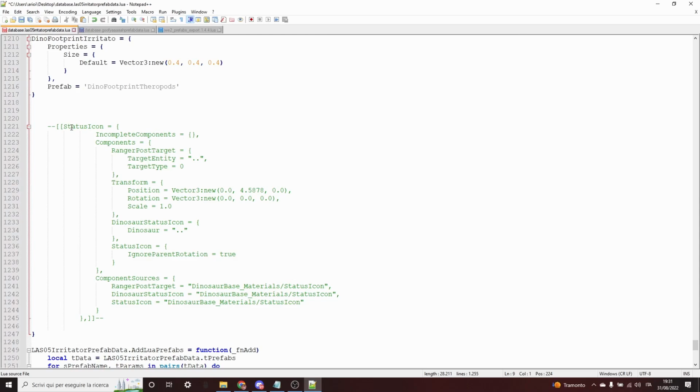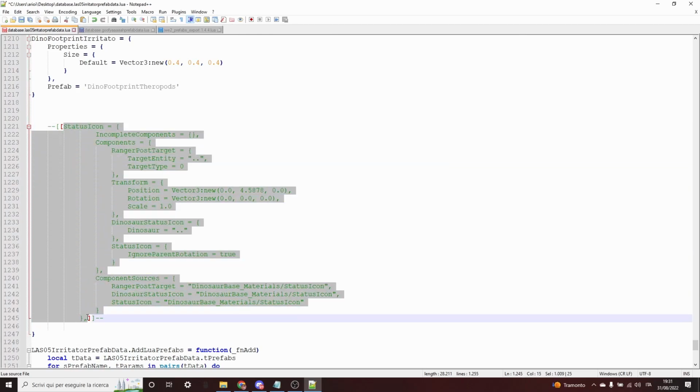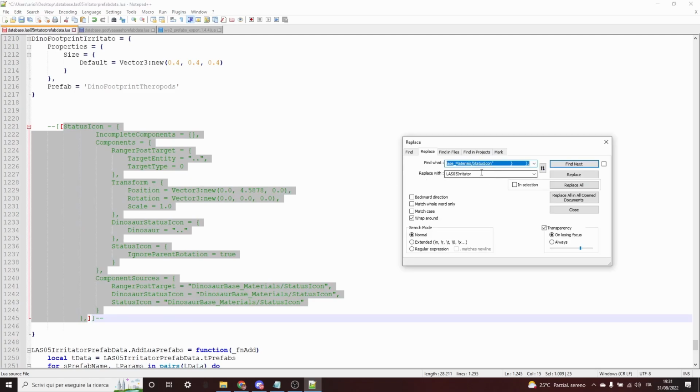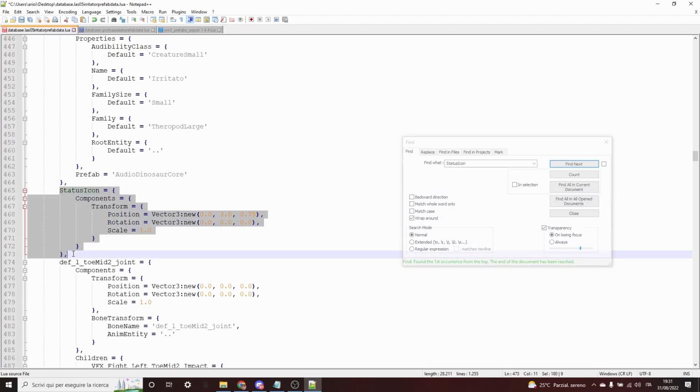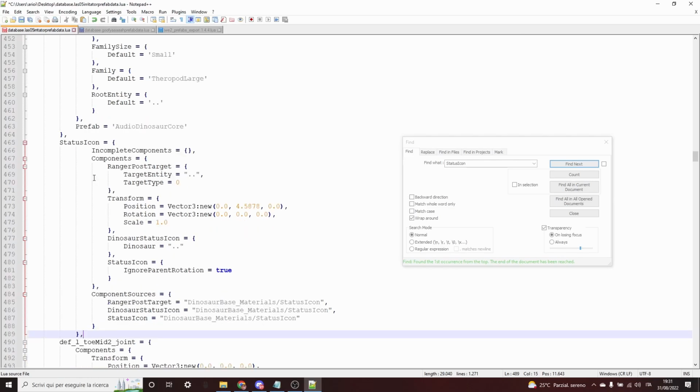We will select the status icon code, Control C, remember, from the S to the comma. We will do Control H, and you will type here, as I said, status icon, sorry, in Find, not in Replace. I always do Control H, which opens Replace, because I'm stupid, but you have to click on Find. Sorry, my bad. So you click on Find, find next, status icon, you select this code here, Control V, and